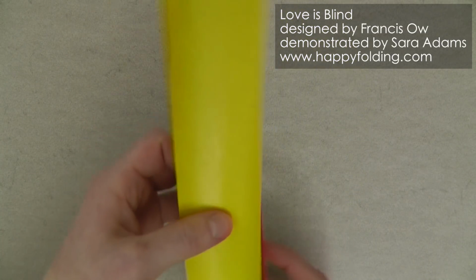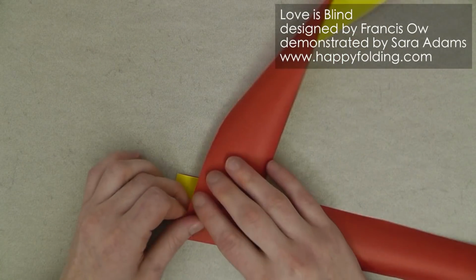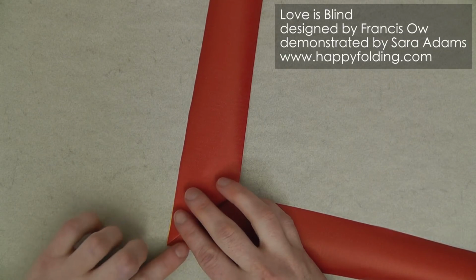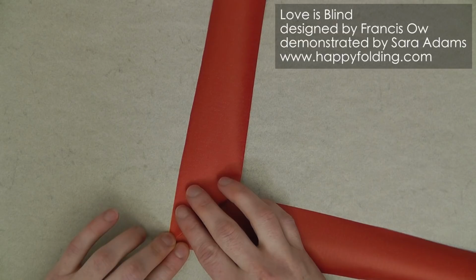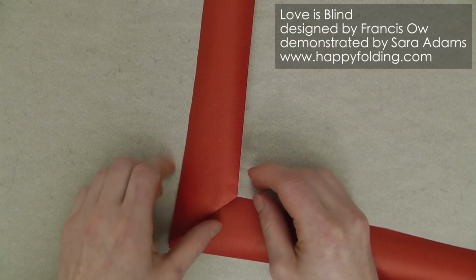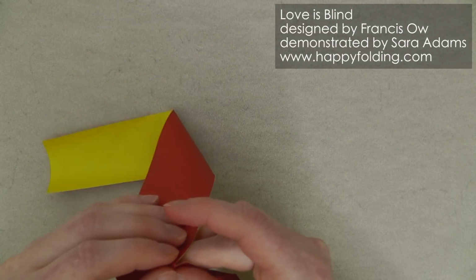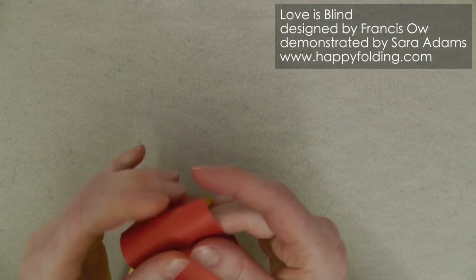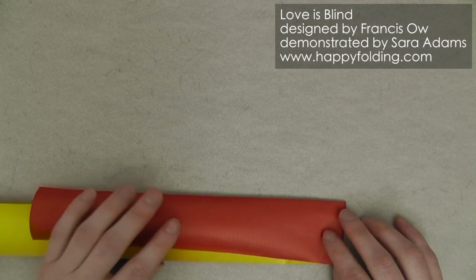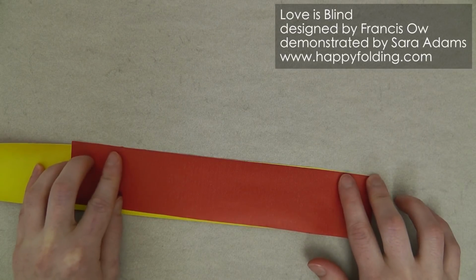So for this, I like to take one edge and align it with that central crease line, but not crease throughout, but rather just pinch right up here. And when you have that pinch in place, you can then add a crease that starts exactly in that point. And because we want a nice straight crease, I'm going to use this long edge, align it onto itself,